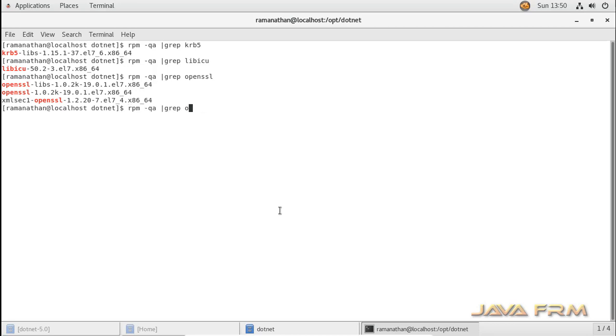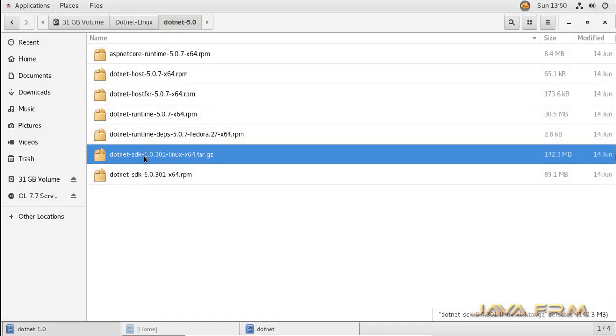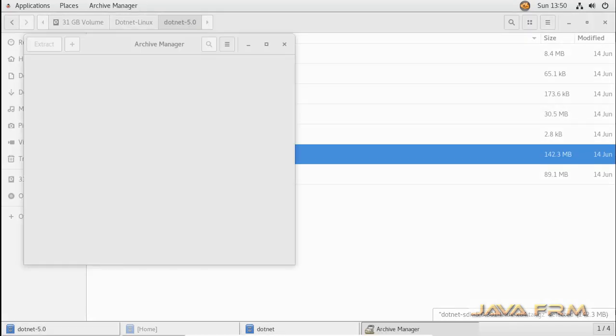So make sure these 4 packages are installed. If these packages are not available, you can install them from the Oracle Linux 7 DVD ISO file itself. So the Oracle Linux 7 DVD ISO file contains these binaries. No need to download from the internet. So make sure that this is installed. So these dependencies are used by .NET 5.0.